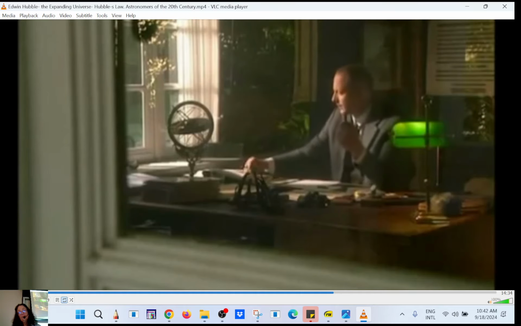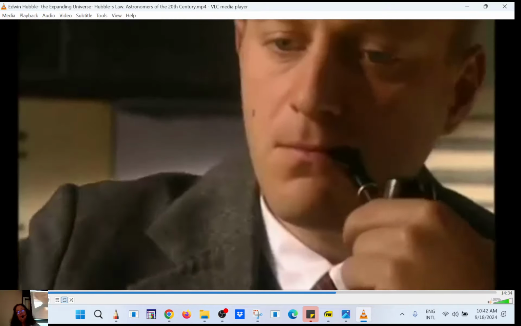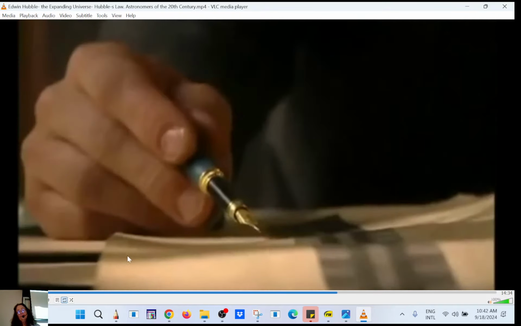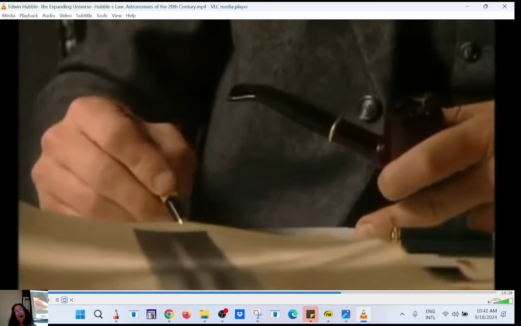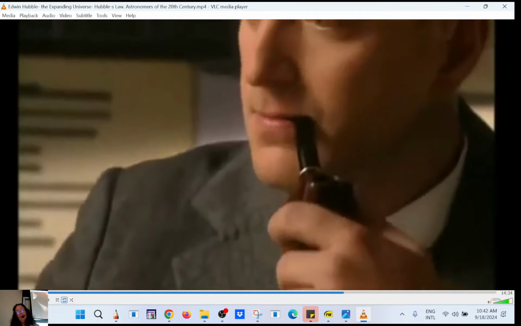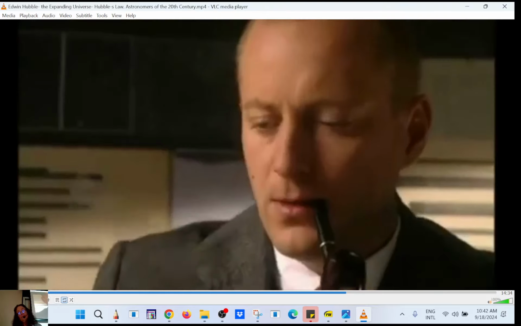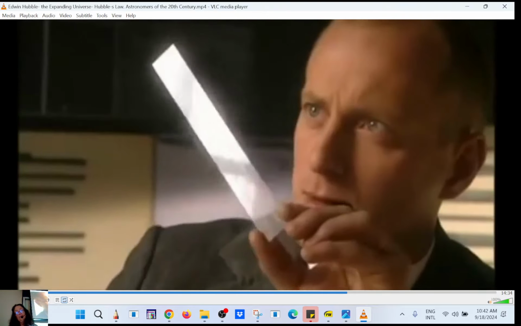Hubble was even able to back up his discovery with a mathematical formula known as Hubble's law. It states that the velocity of recession, in other words, the speed at which the galaxies are moving apart, increases in proportion to the distance between. Hubble's discovery supports the theory of the Big Bang, the idea that the universe did actually have an origin, a theory in accordance with the creation image of the Christian Church.